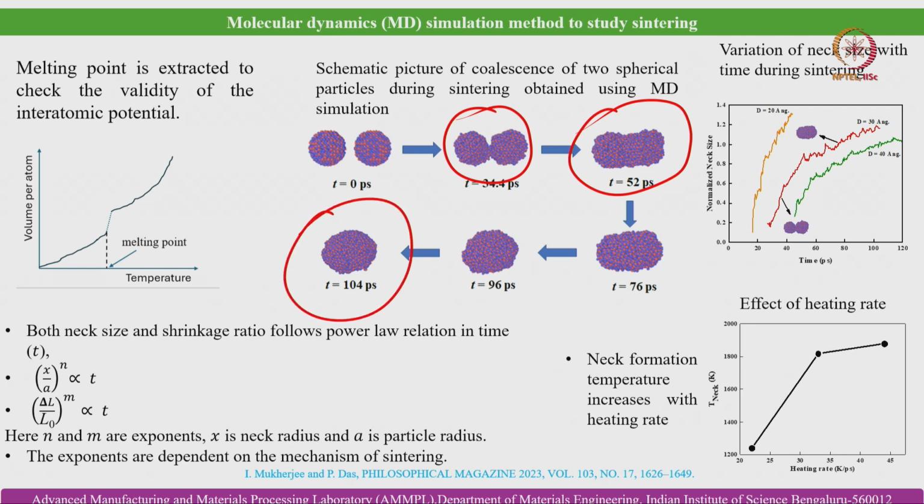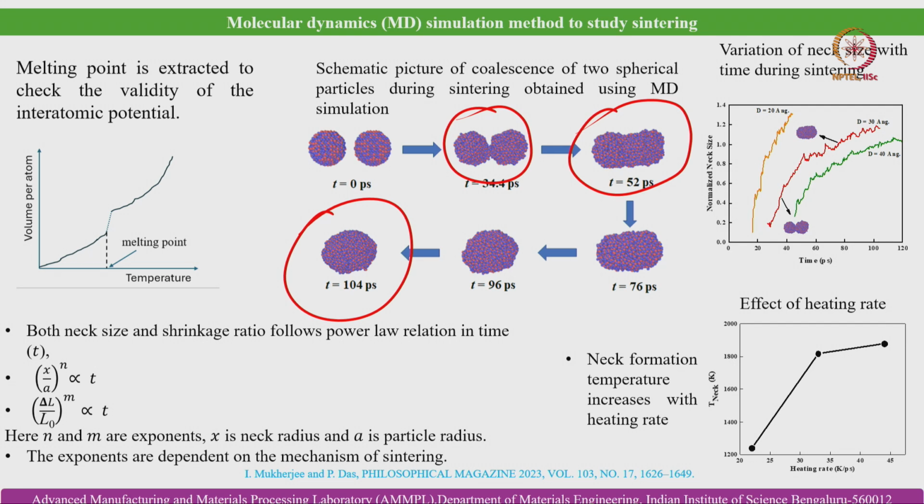Here a typical molecular dynamics model has been developed, where Newton's equation of motion has been solved, and the Streitz-Mintmire potential has been used with some modifications to simulate this sintering densification, and we could effectively predict the